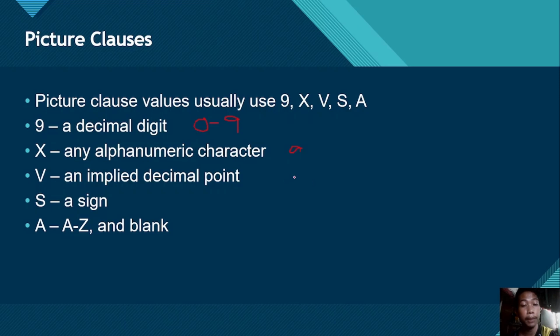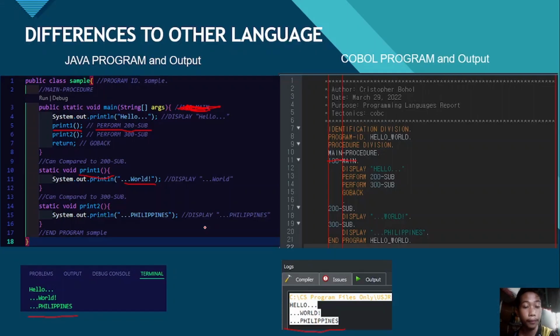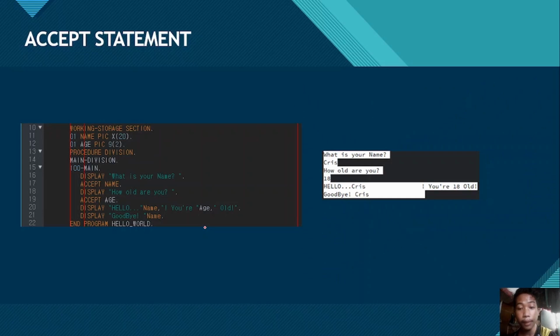V is an implied decimal point. So for example, 9 V 9, meaning my value would be, for example, 0.0. S is a sign, meaning if I put S ahead of 9, it would look like a positive 0.0. A is A to Z and a blank. So as you can see in this example,